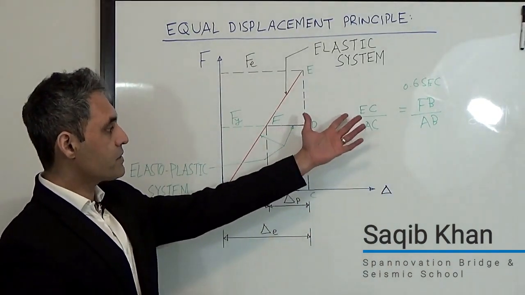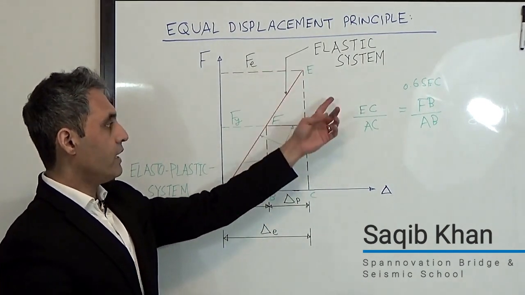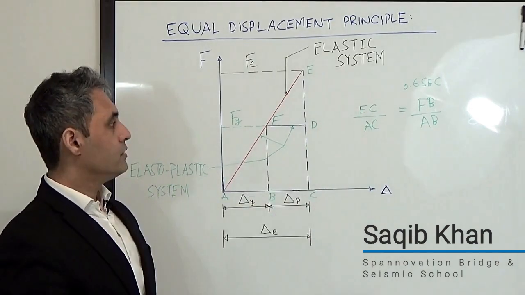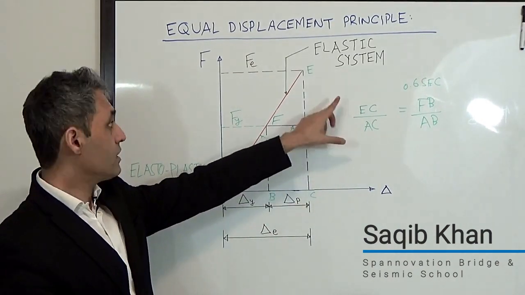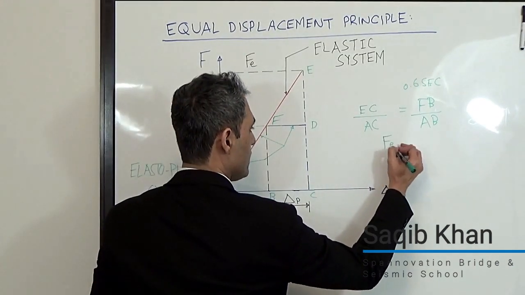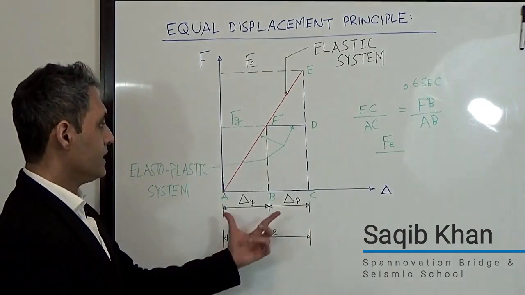And now let's just substitute what the different values are in terms of force and displacements for these sides. You can see that EC is equal to the elastic force level. So I can say Fe over delta E